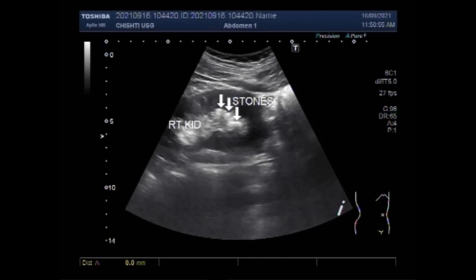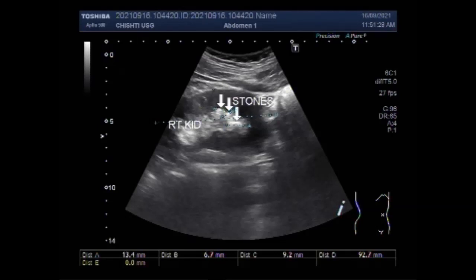So the ectopic kidney is a birth defect in which the kidney is located in an abnormal position. In most cases, the people with an ectopic kidney have no complaints. So an ectopic kidney may not cause any symptoms and may function normally even though it is not in its usual position. In other cases, an ectopic kidney may cause abdominal pain or urinary problems. So you can see multiple stones in the right kidney.